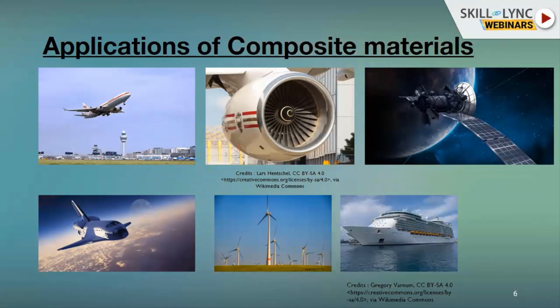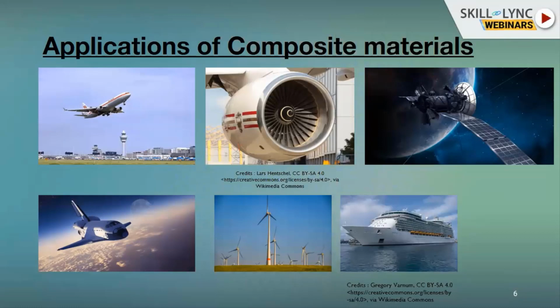The wings, for example, of the 787 and some part of its fuselage are also made up of carbon based composites. These are some of the new variants of aircraft, but in the historical view, composites have been used in the aircraft industry for a long time, mainly because of their high specific strength. So it has a very low mass whereas very high strength,